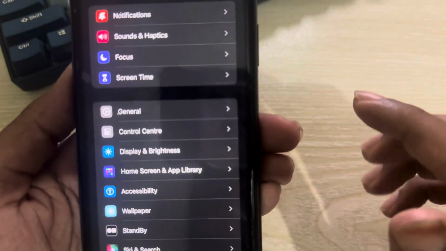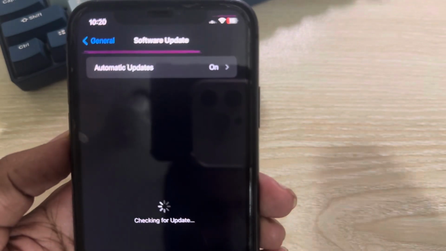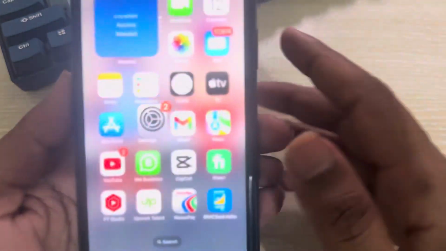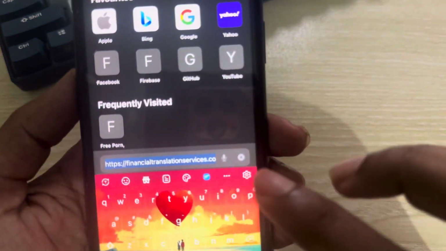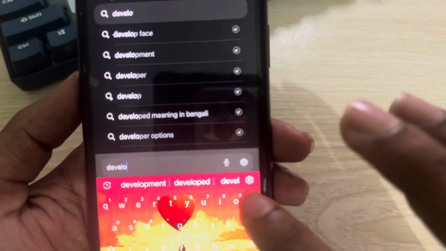So how to install iOS 18 beta on your iPhone? If you go to your iPhone device, then you can only see the iOS 17.5. So to enable iOS 18, you have to log into your developer